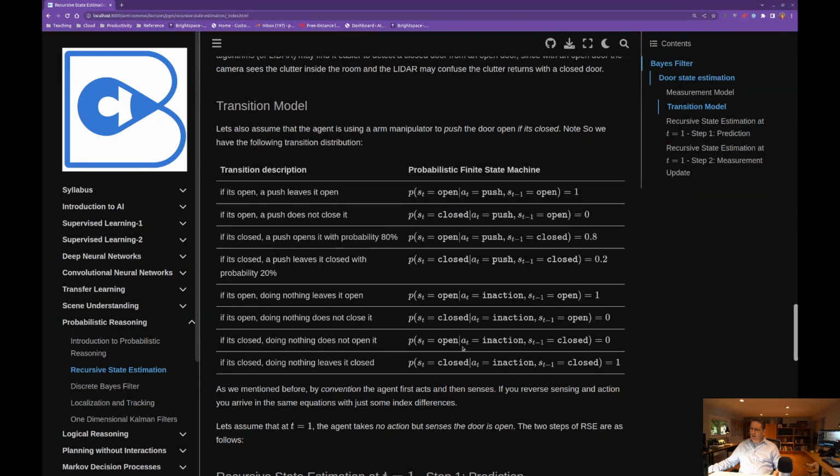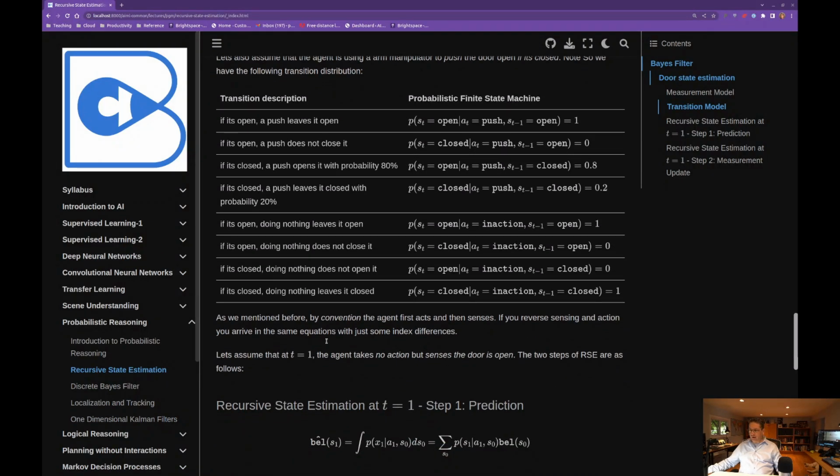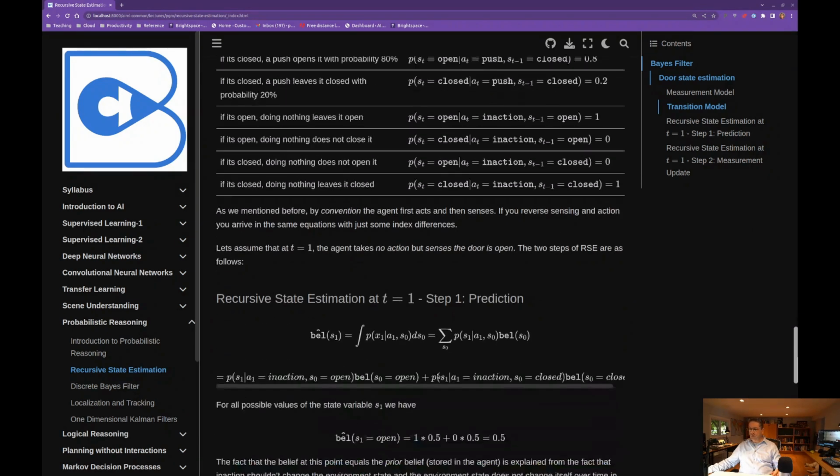So we will be applying it at discrete time instances. We were at time instance equal to 0, where the whole process started. And now we are starting by specifying what will happen at time instant t is equal to 1. At time instant t is equal to 1, the agent takes no action and senses the door as open. So we have an A and we have a Z, and we are now applying the first step in that Bayes filter